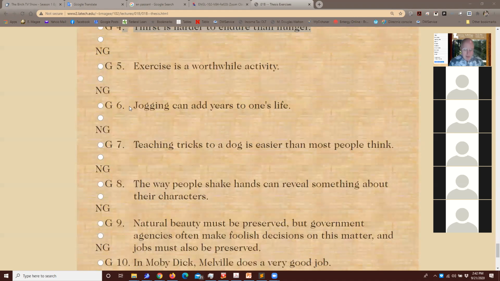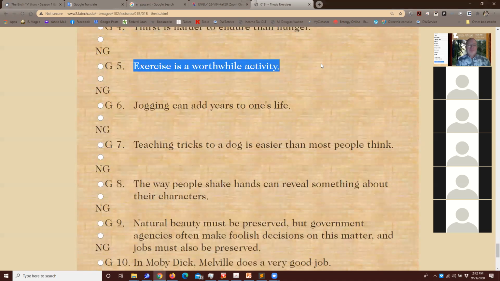All right. Now, that was Salter. Shanklin, number 5. Exercise is a worthwhile activity, and I don't think it's a thesis statement. Why not? I feel like it's opinionated. Well, an opinion is a thesis. If there's something wrong, I mean, it's supposed to be opinion. Okay. So it's your opinion that exercise is worthwhile, but there is something wrong with it.